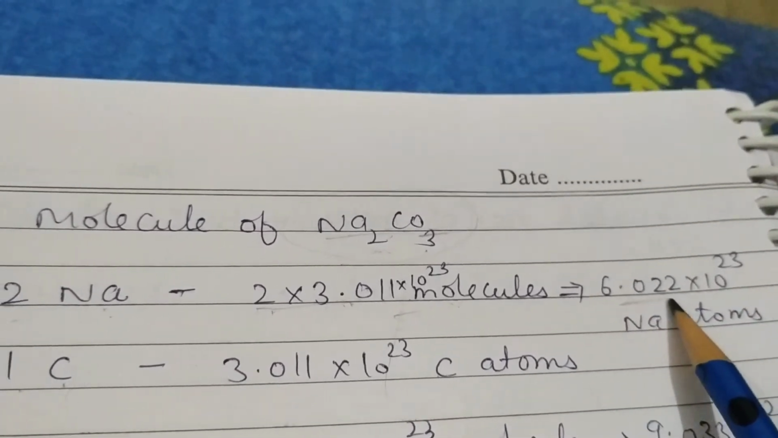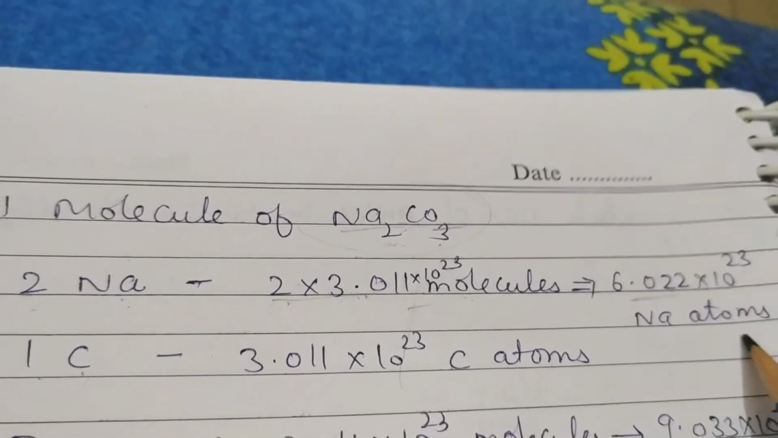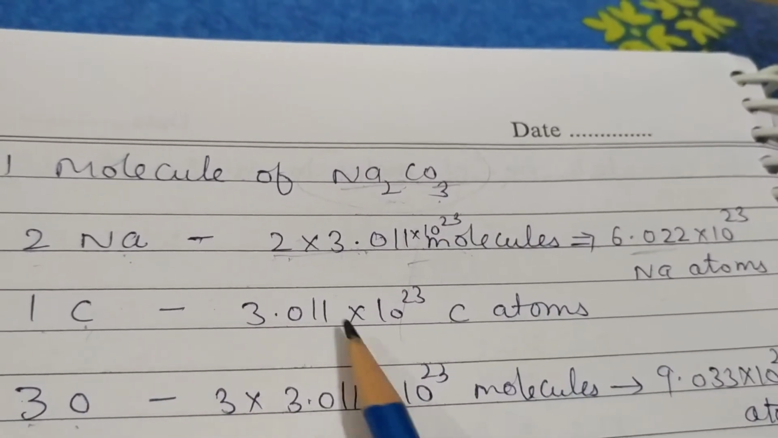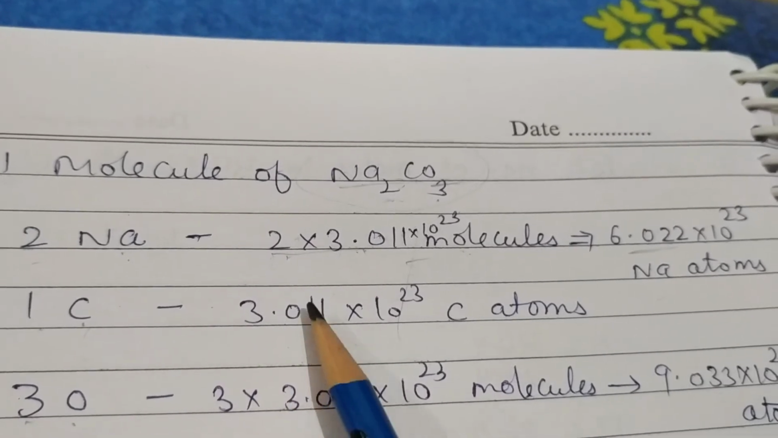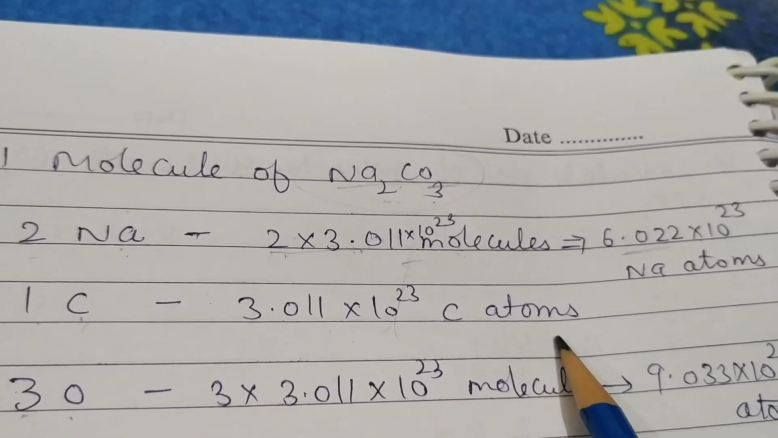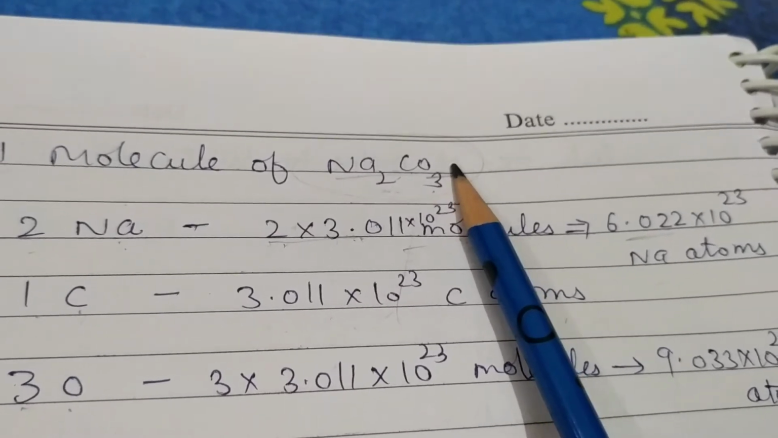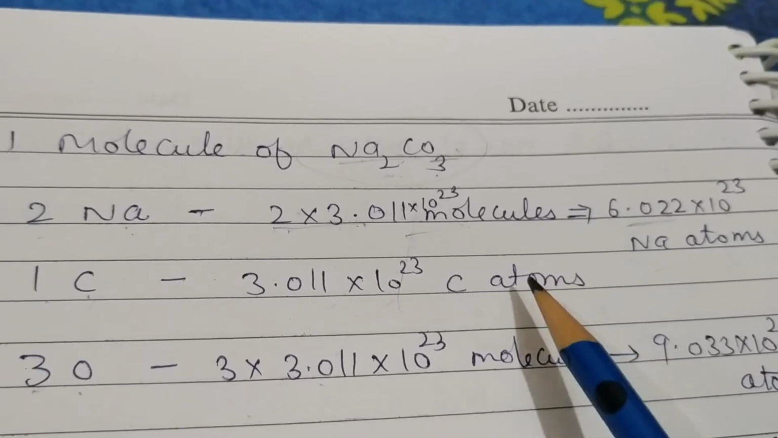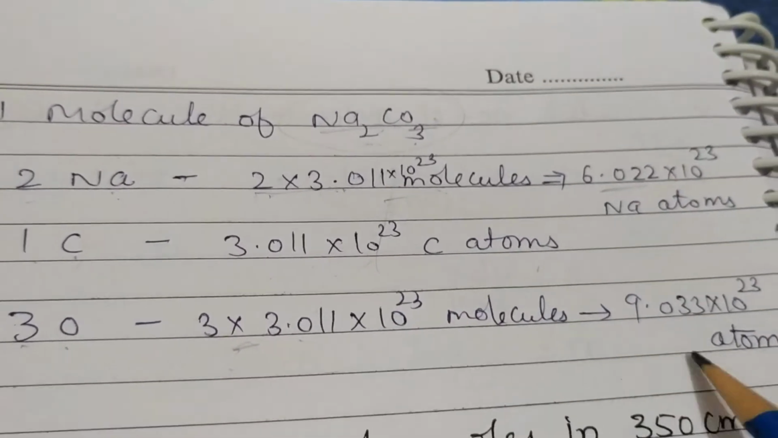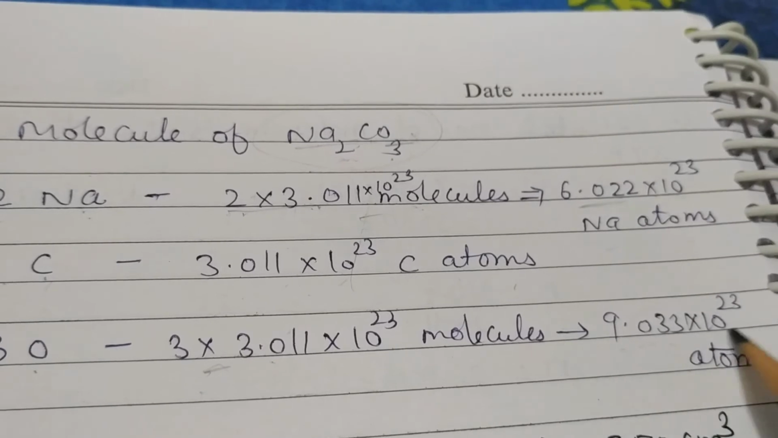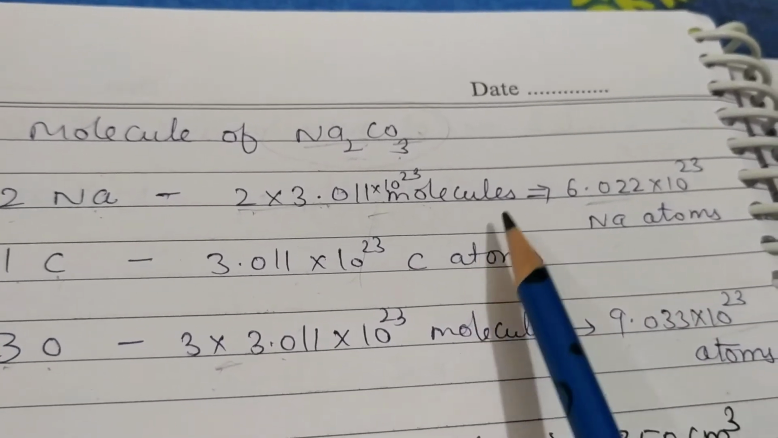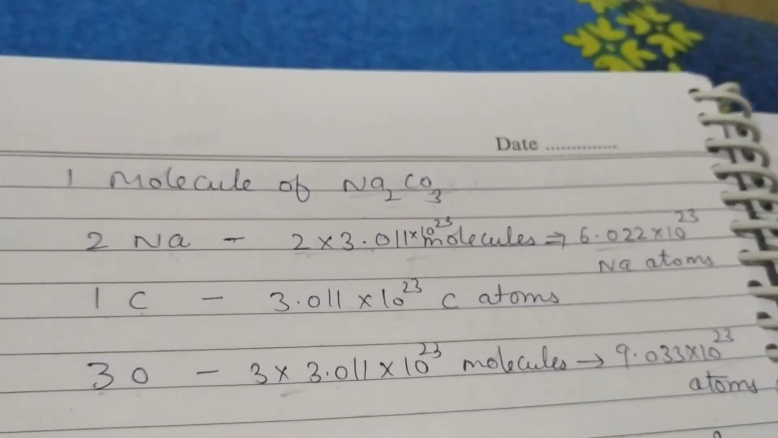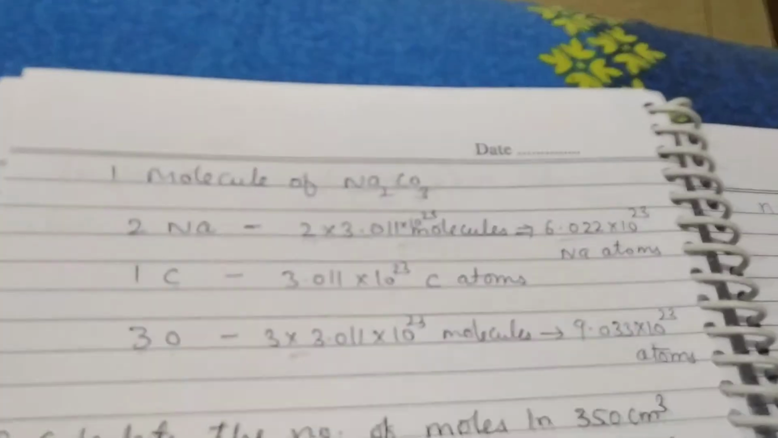So it will be 6.022 into 10 raised to power 23 sodium atoms. Likewise, in the carbon case, it will be only 1, so multiplied by 1 and we will get 3.011 into 10 raised to power 23 carbon atoms. And here we have 3 into 3.011 into 10 to the power 23 molecules. If we multiply this value, we will get 9.033 into 10 to the power 23 atoms of oxygen in this molecule, right? So I hope this is understood by all of you now. So let's move